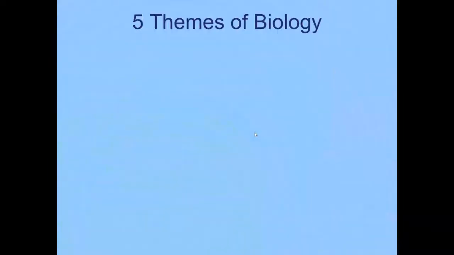So the way this book is organized is it's organized basically to cover 5 major themes that run along through all of biology. So I want you to be familiar with those themes. And really what I want you to do as the semester goes along, this is part of that critical thinking, like going above and beyond just learning the basics, but learning how to think. Whatever you're learning, I want you to come back to this slide or this page or this chapter and think, how is what I'm learning here